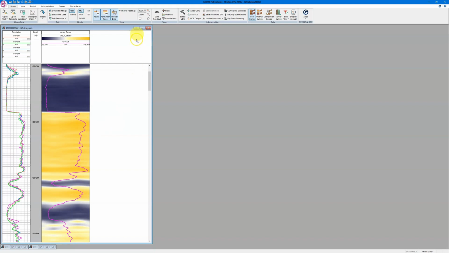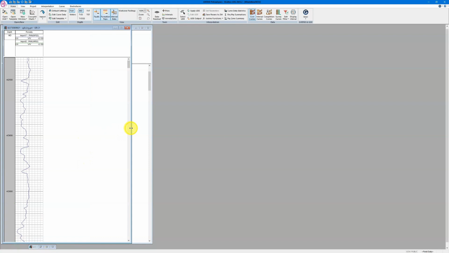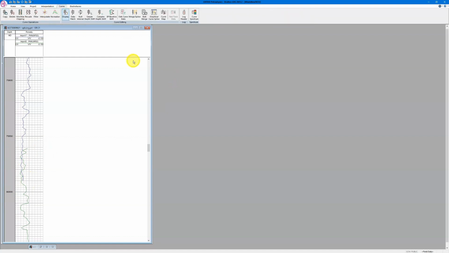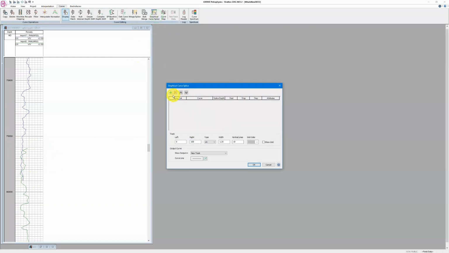Another feature that we've added within our Petrophysics application is the ability to graphically splice your curves, to make that process a little easier. So let's say I have these two curves coming in here, the NPSS in import 1 and the NPSS in import 2, and I've got an overlap here, and I want to splice that. I can go to my curves menu, hit the graphical curve splice,